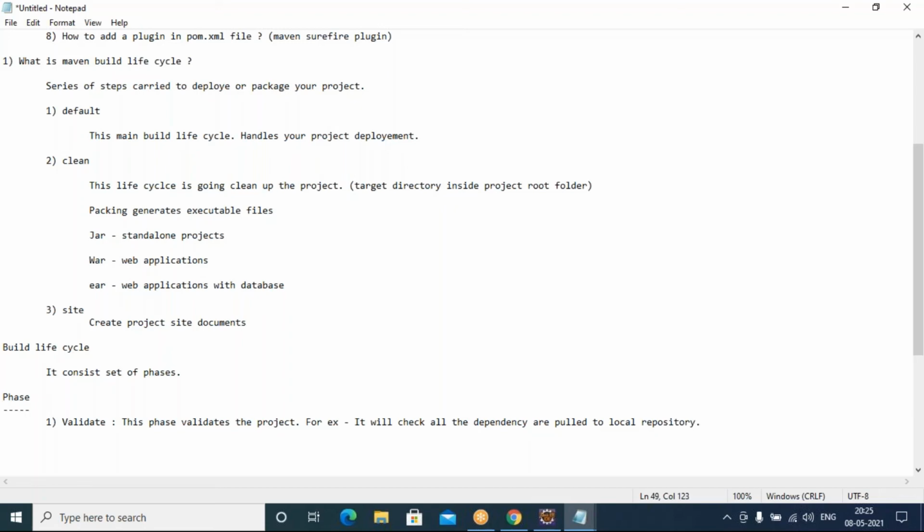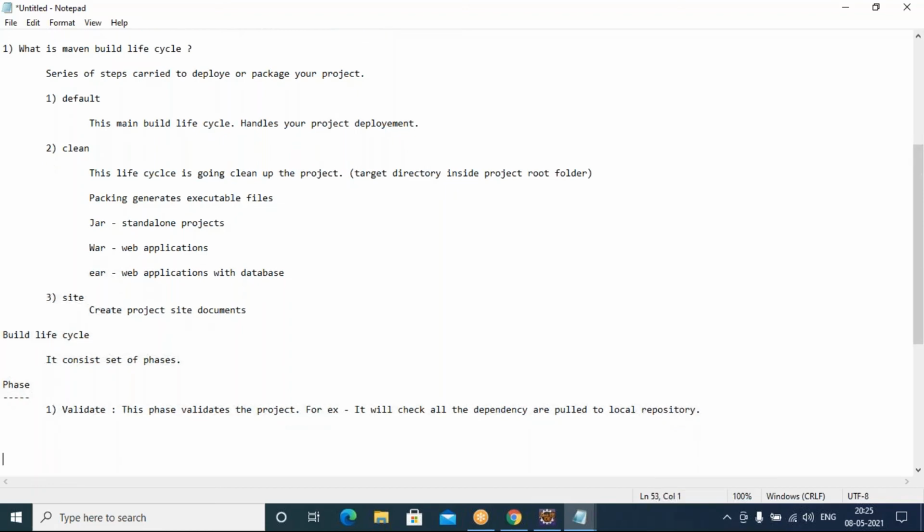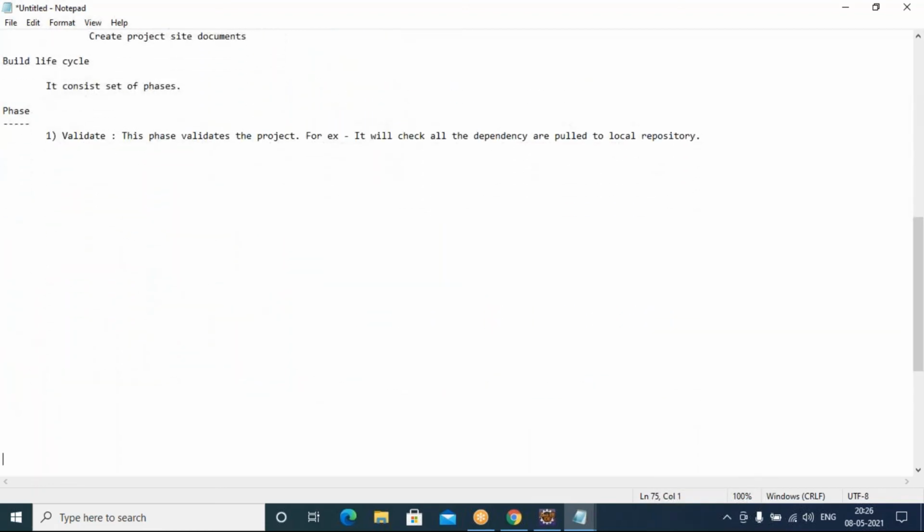Remember, in the last video I spoke about this local repository, how the structure of Maven will be, the internal working process of Maven. So there I spoke about local repository. Our Maven validate phase is going to check whether all the required dependencies are there in your project local repository or not. That is the first phase.